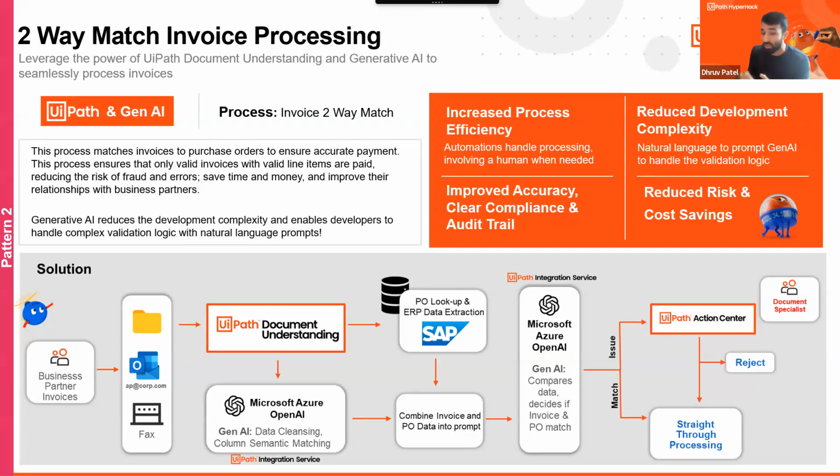So I don't, again, have to build any of that logic in, and I have flexibility with that prompt, right? And adjusting how the prompt does its comparison and how I'm asking or instructing generative AI to help me out in this use case. And then, of course, human in the loop. So if there is an issue, we have Action Center. Users can easily go in, see what generative AI found, verify, do additional checks, and then go ahead and continue on through the process, right? And of course, if everything matches, that's where that straight through processing comes into play.